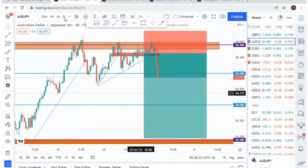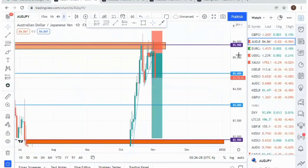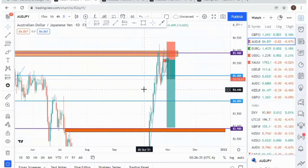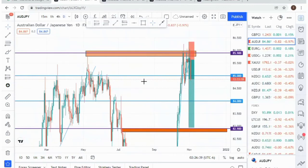So basically, I figured out my entry on the daily time frame. If you go to the daily time frame, what are you seeing? We are seeing a strong support area. You can see that the market has tapped into this area of resistance, then finally come back towards this area, and also my psychological level, 85.900. That's the first thing I look at before zooming into the lower time frame